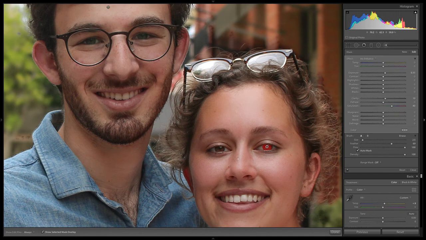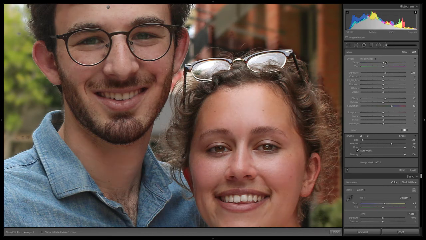Okay, that's pretty good. His eyes are a little bit darker, just the shadows, maybe his glasses too. That's looking pretty good. So our selection is pretty good. Now, if we turn this on and off, you can kind of see it's also turning on and off the skin softening on their face. So I can see how that's a little bit distracting, but pay attention to her eyes right here.